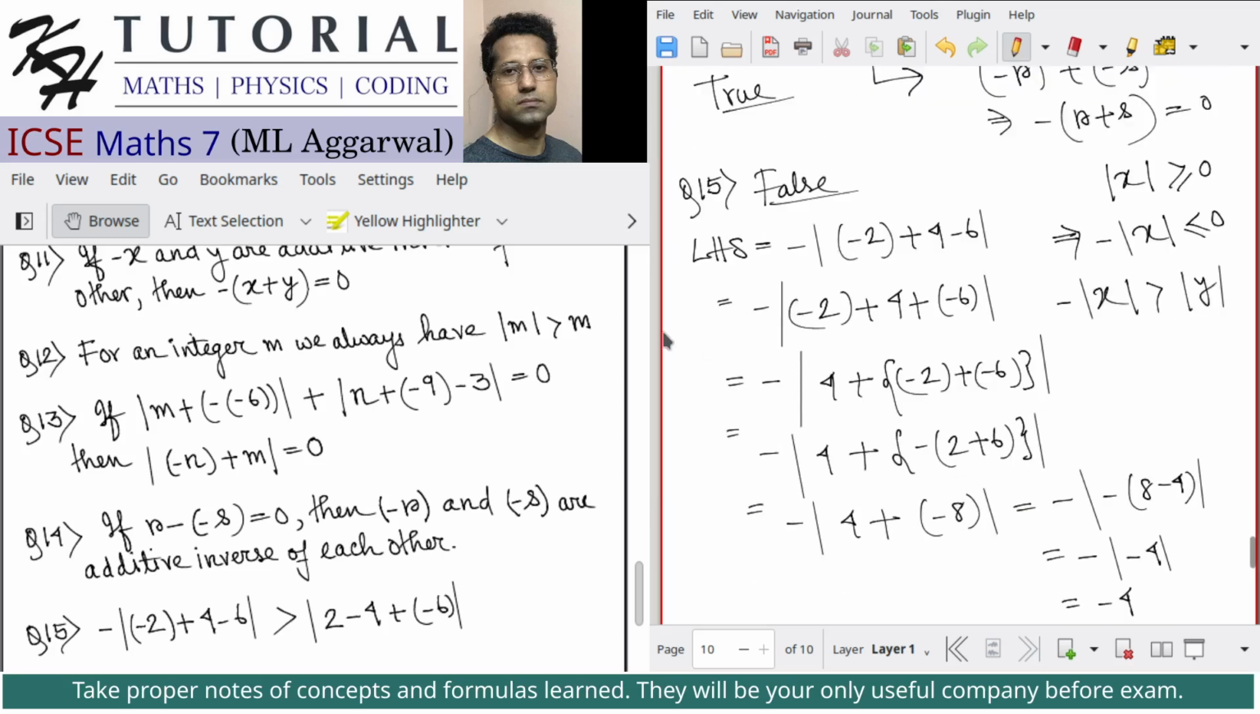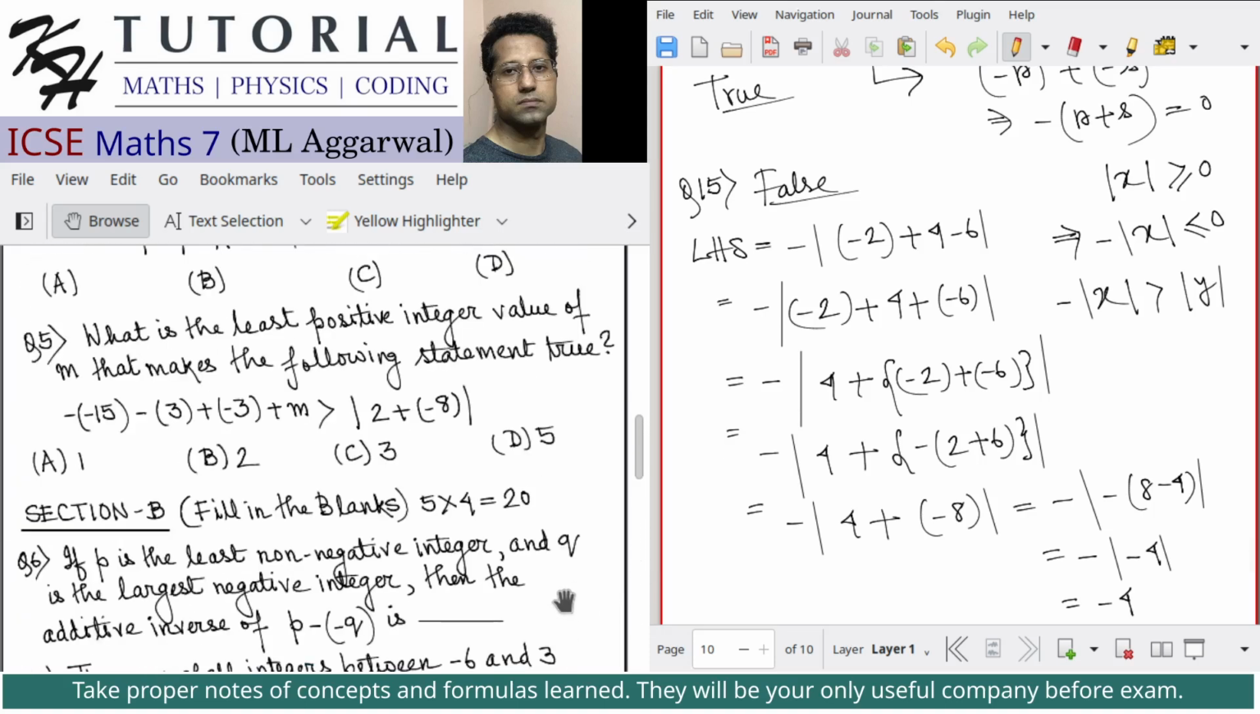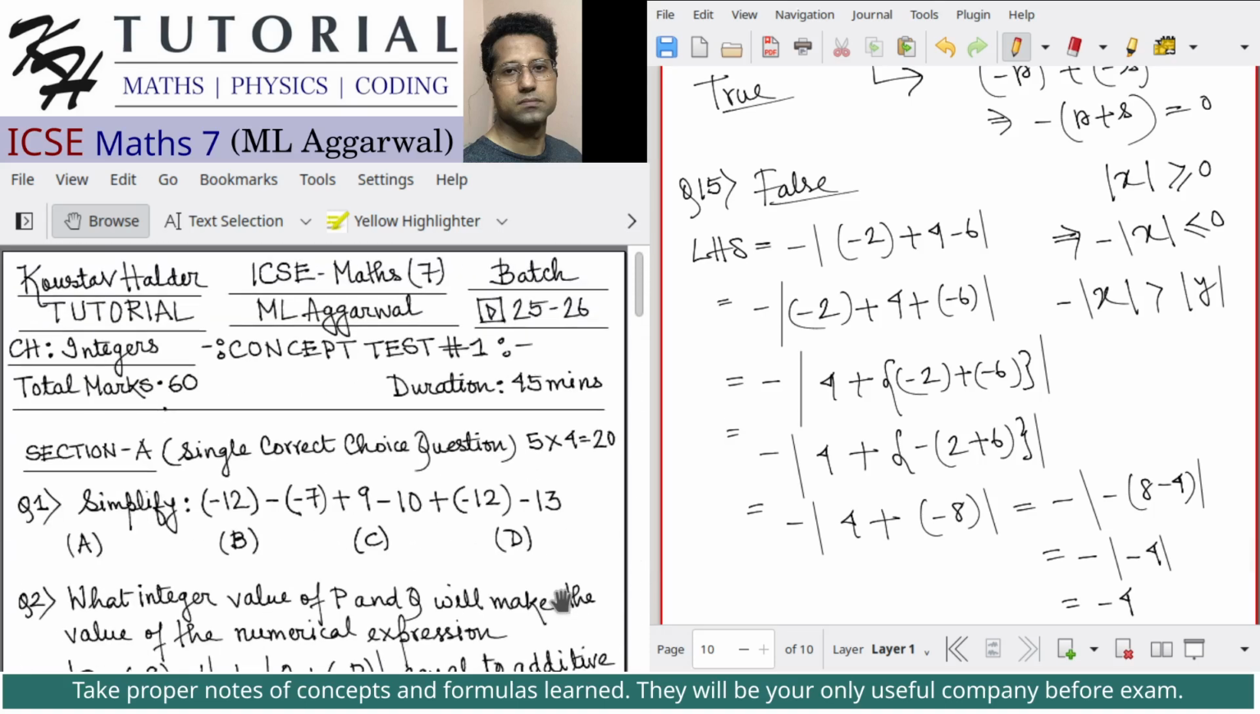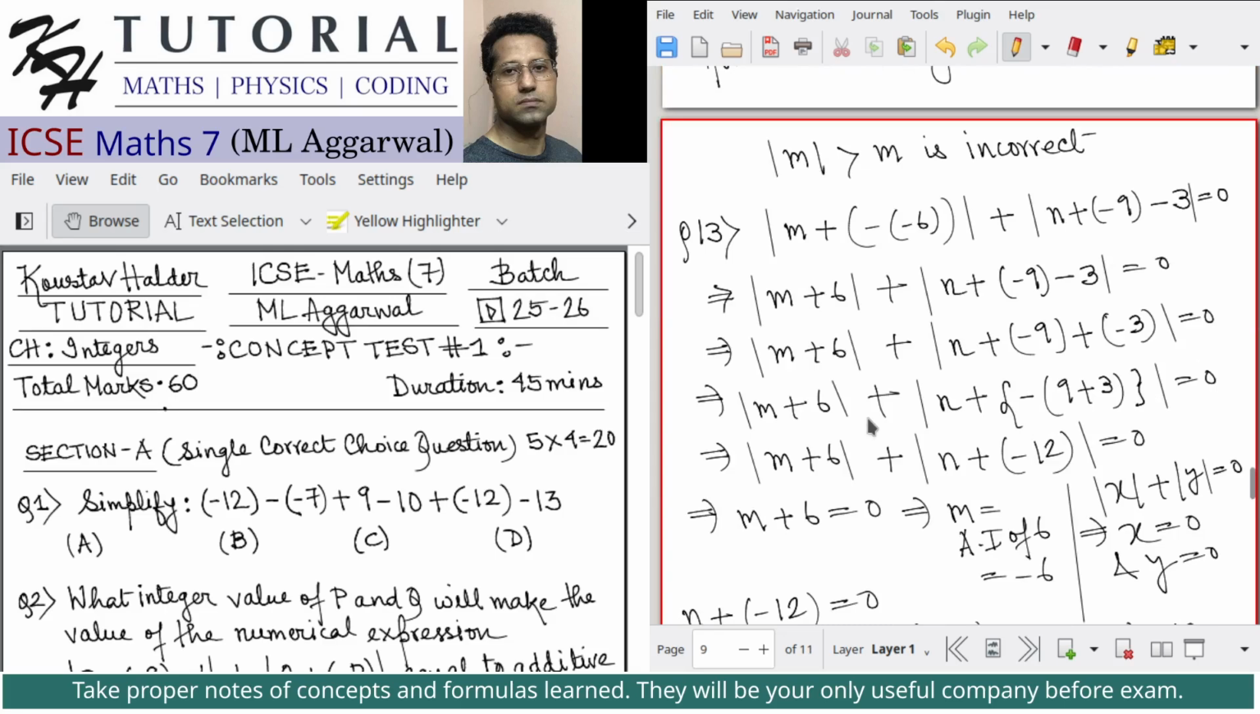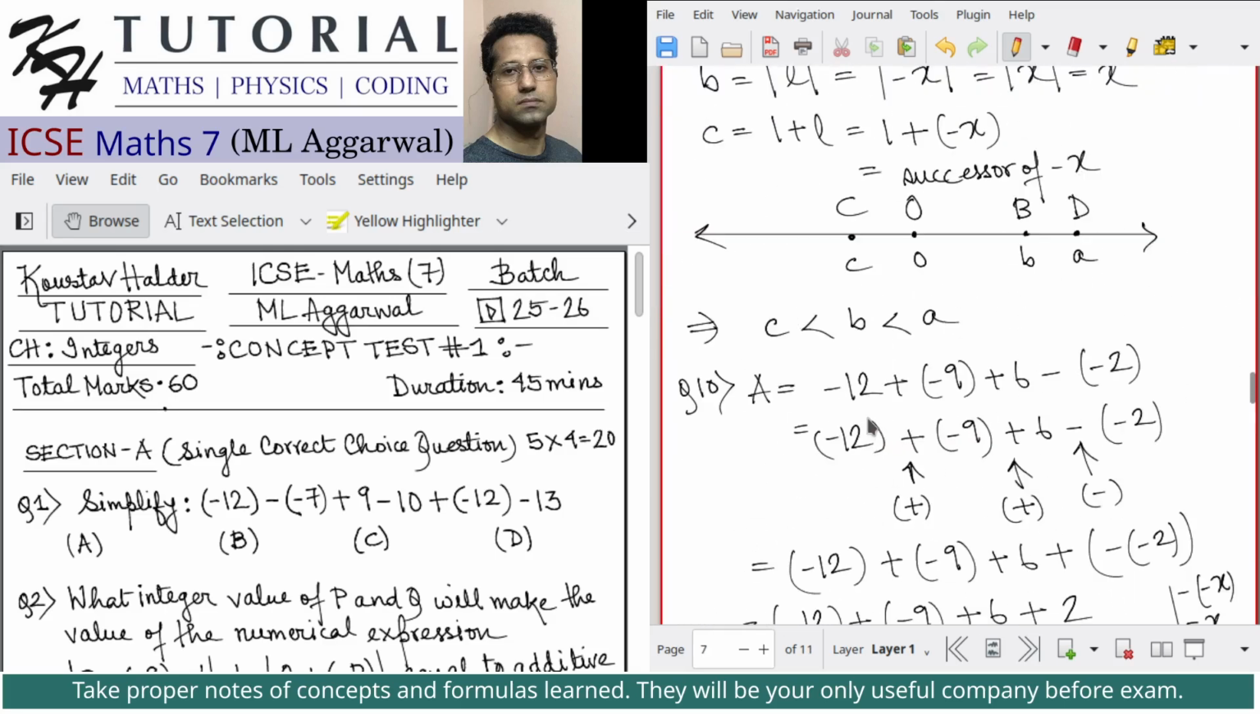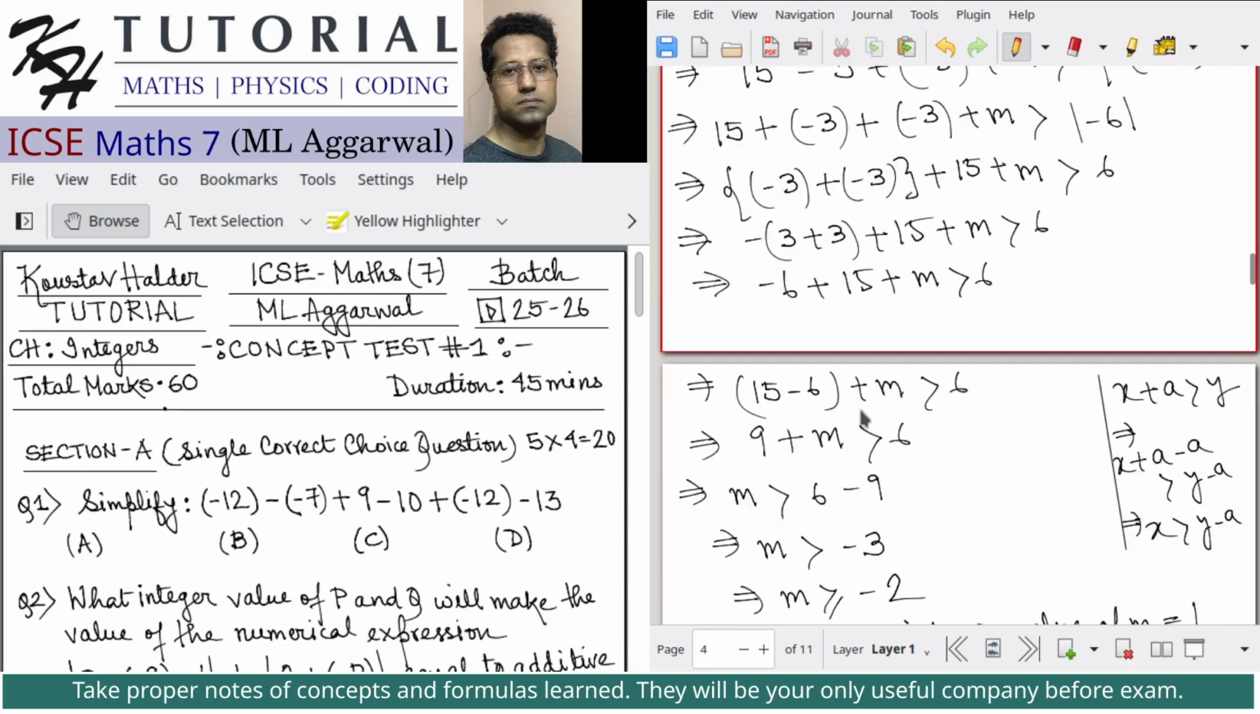So with this, it comes to an end in solving the problems of chapter concept test number 1. All the problems in this test number 1 were based on the videos that I have discussed on a review of integers, where I have discussed about addition, subtraction of integers, additive inverse of integer, absolute value of integer, and how to simplify numerical expression of addition and subtraction of negative or positive integers. I hope this video will be beneficial to clarify your doubts or concepts and how to apply the concepts to solve this kind of